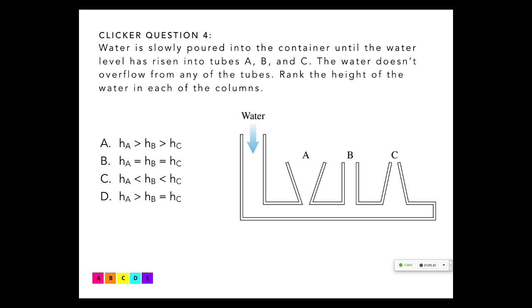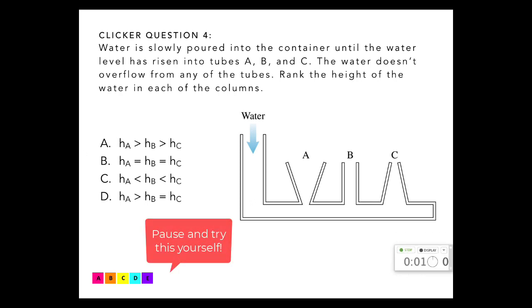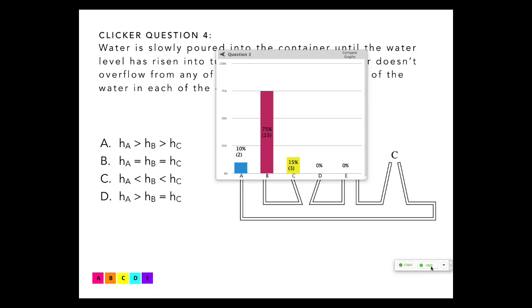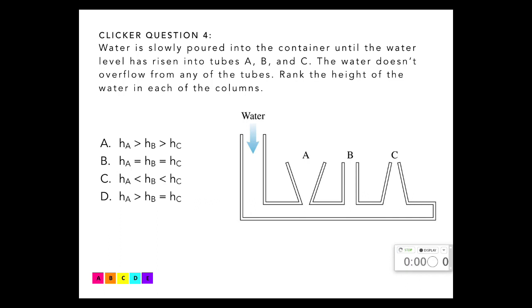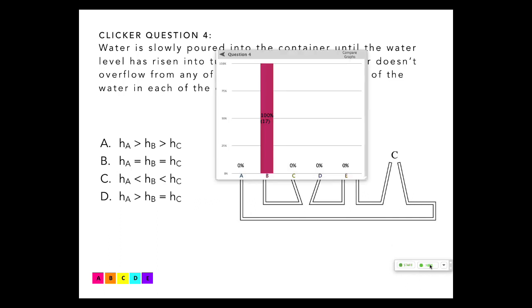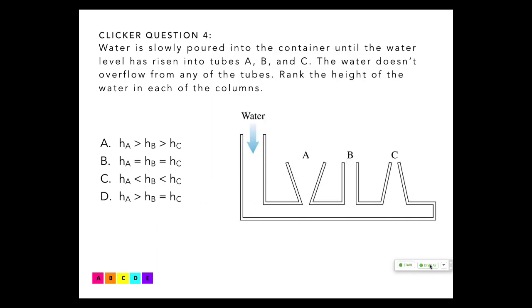Okay. Here's another one. Using all of it. Okay, so we're mostly thinking B, but there's some A's and C's in there. Please discuss. The answer is B. Why is the answer B? Because everything has to be equal. And what is it equal to? The hydrostatic, same height. What pressure should it be balanced with? Atmospheric pressure, right? These are all open to the air.